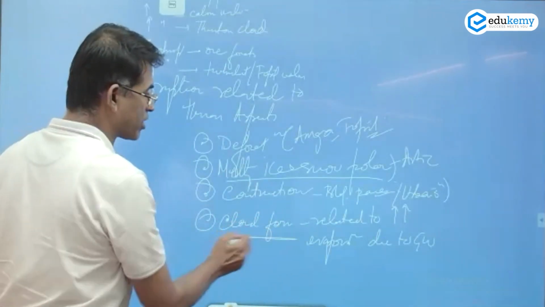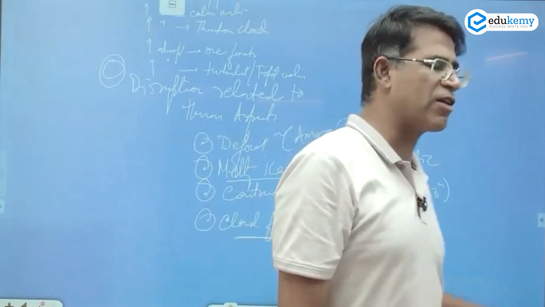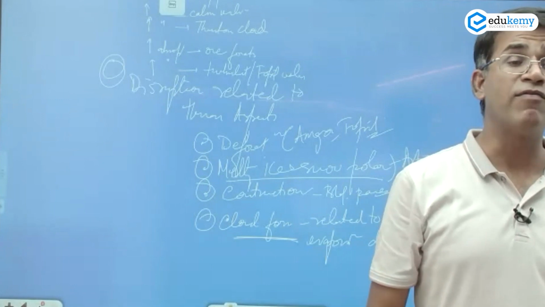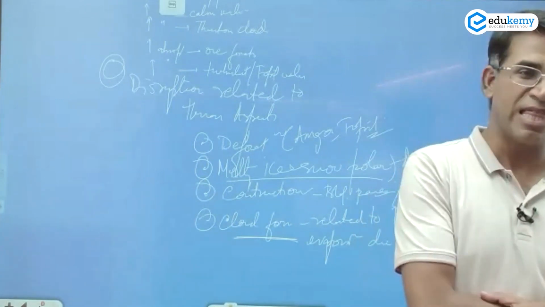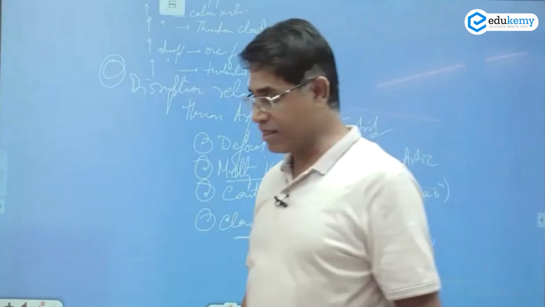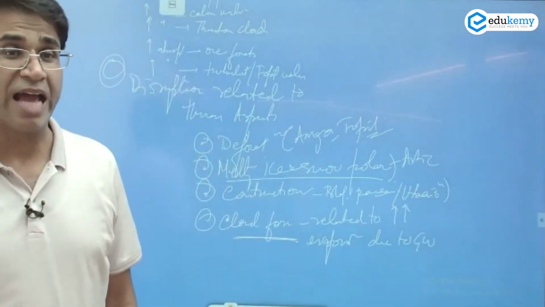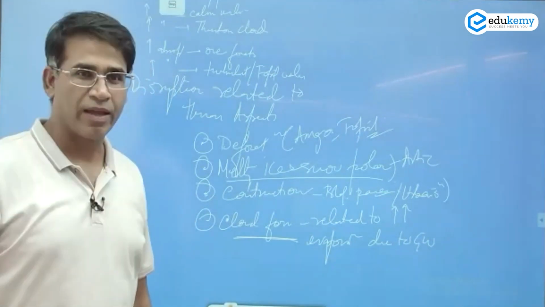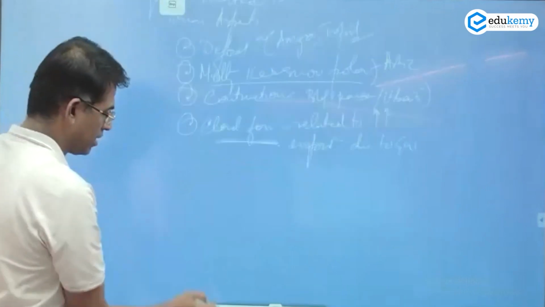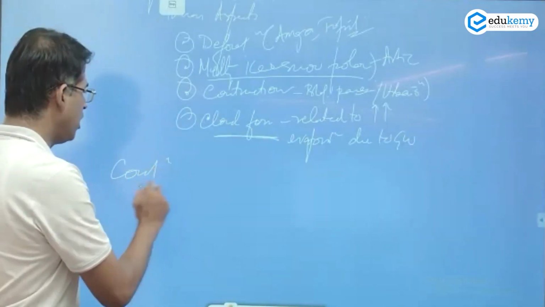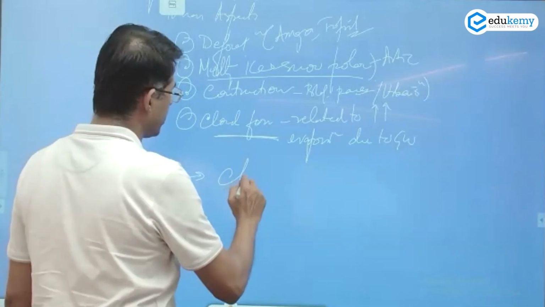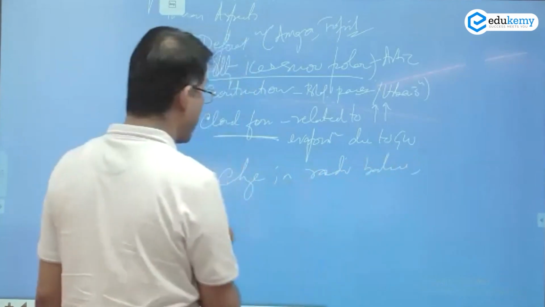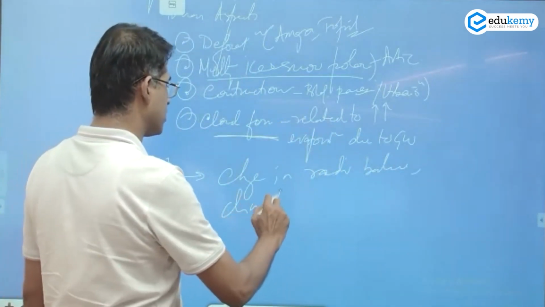Construction, cloud formation. See, when we have got more evaporation because of global warming, the clouds will also increase above the water, above the oceans. When the cloud cover increases, there will be more cloud albedo in the upper atmosphere. Even that will change, that will impact the overall insolation reaching the surface of the earth. The conclusion. So conclusion, do mention that changes in radiation balance can impact climatic patterns.